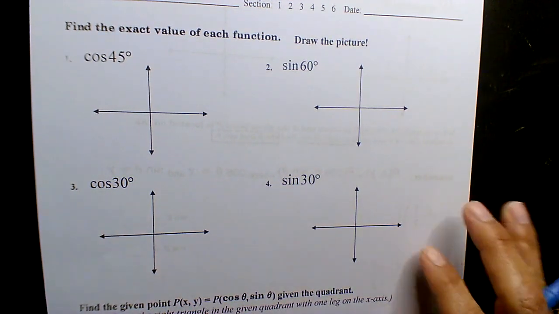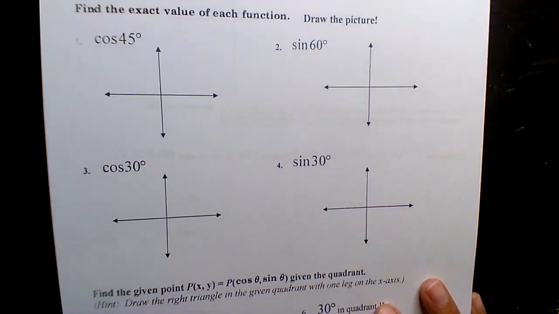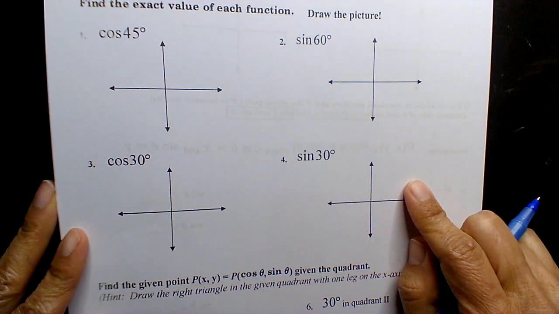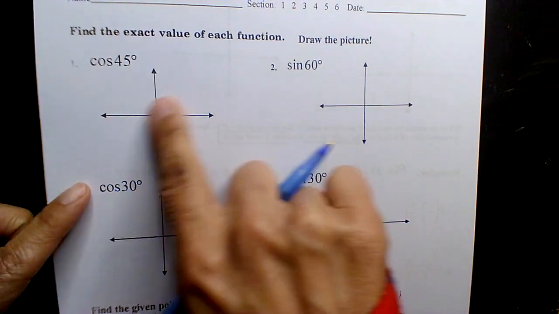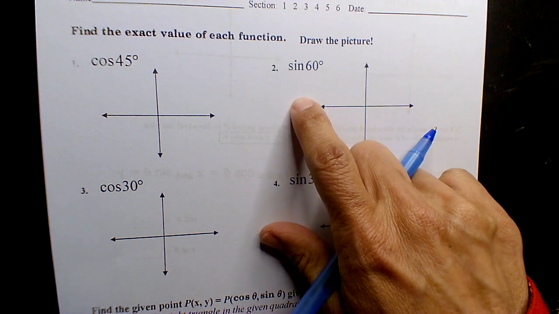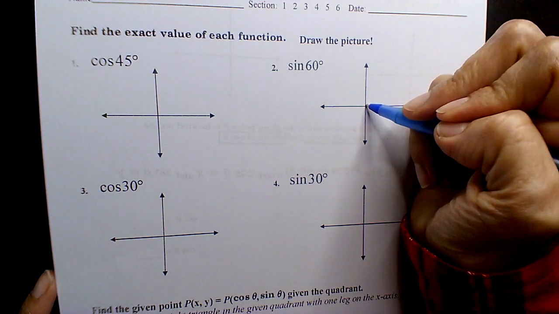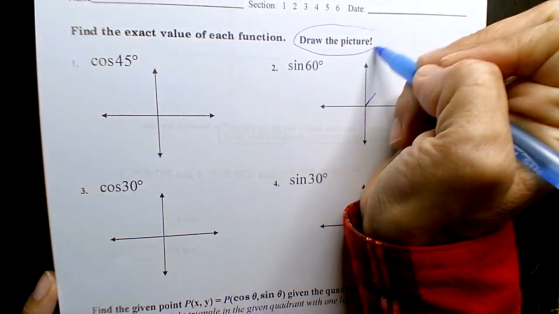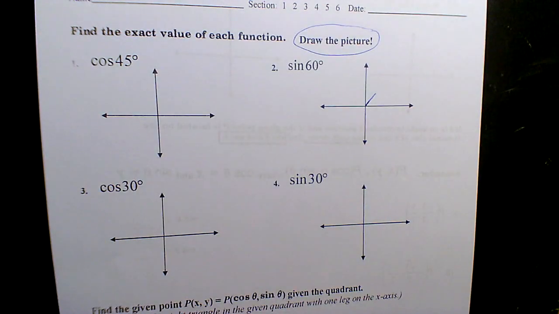Okay. Find the exact value of each function. So this is essentially what your quiz was on, right? So 1, 2, 3, 4. Let's do 2. Okay. So if you're 60 degrees and it says to draw a picture,